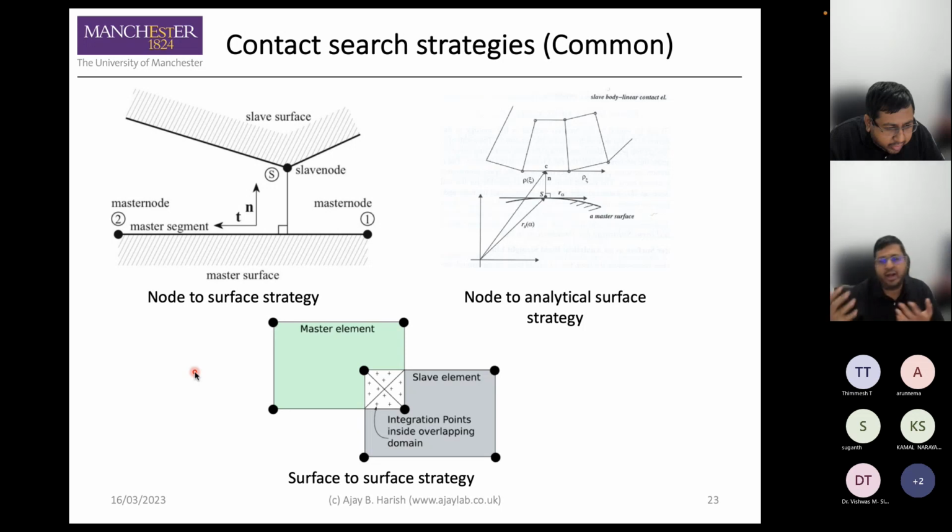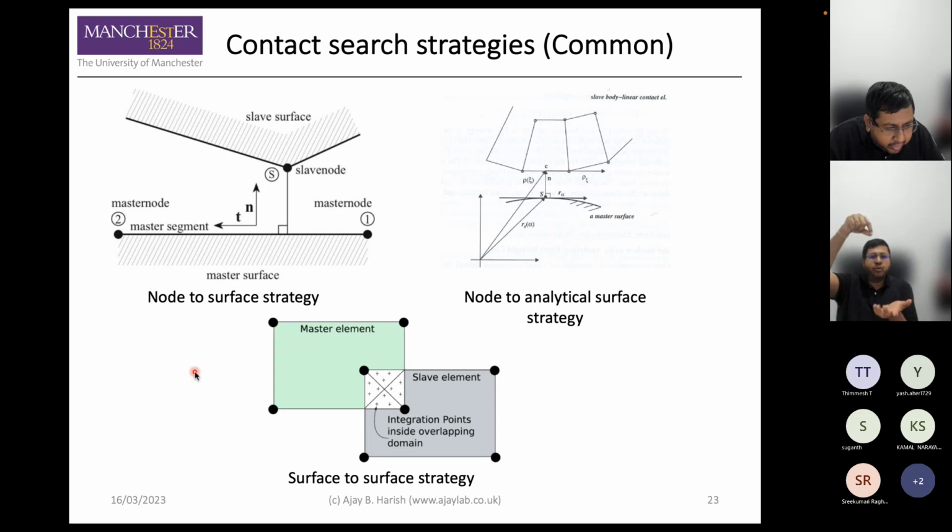because as mechanical engineers, we are not concerned about what's happening to the road. But probably a civil engineer might be more interested in how the road surface itself is degrading, right? As a mechanical engineer, we would say, okay, the road has some particular surface roughness, and we assume that it is an analytical surface that's not changing at all, which is not really true. But such approximations are something that we sometimes need in order to make our complex problems more solvable. Another thing is looking at a node to surface strategy, where you're taking a slave